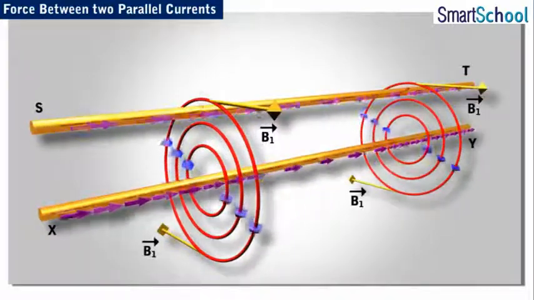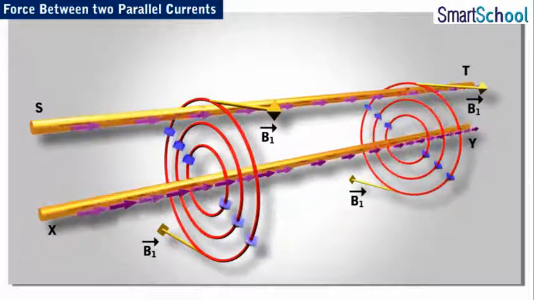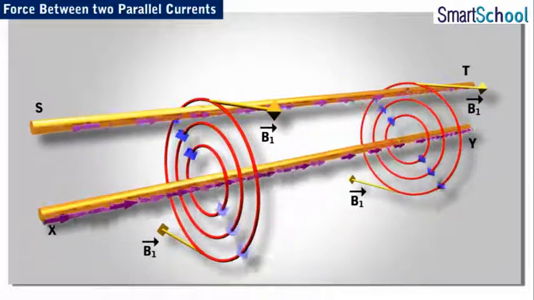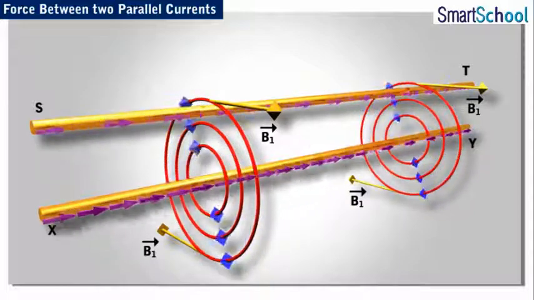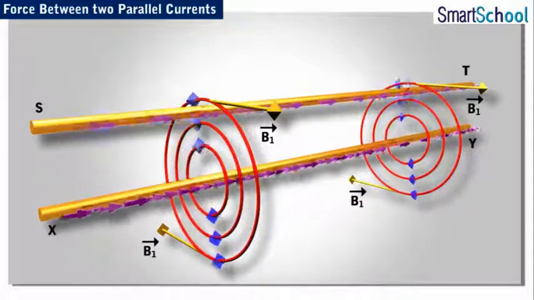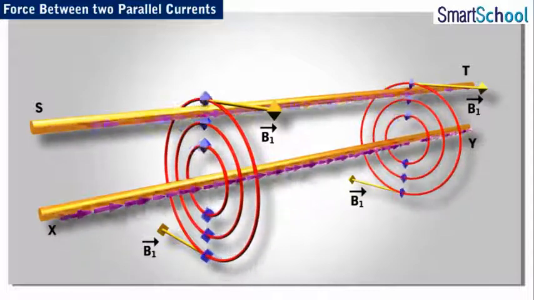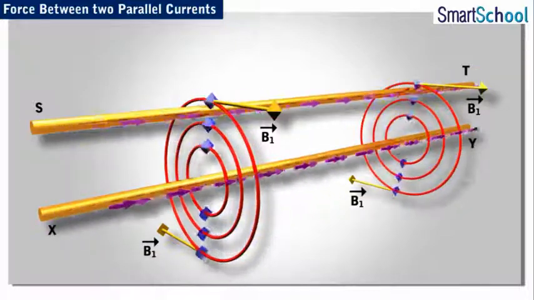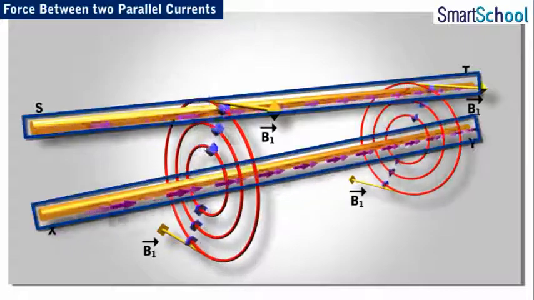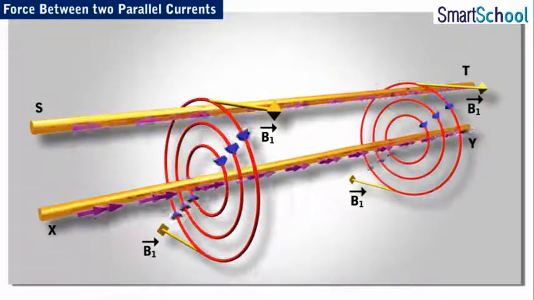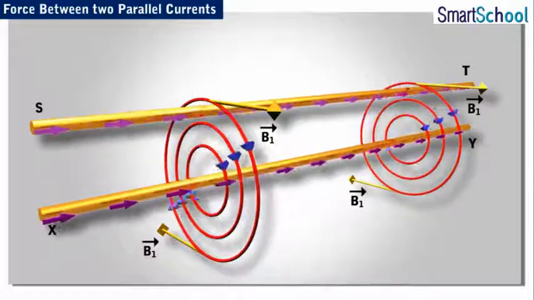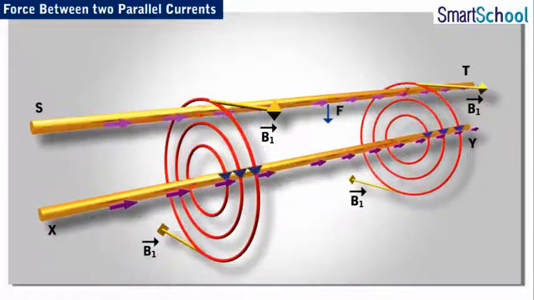Now, we introduce another straight current-carrying conductor ST of infinite length above XY. This new conductor is in the external magnetic field of the conductor XY such that ST is parallel to XY. Now, we will notice that due to the external magnetic field of the conductor XY, the conductor ST experiences a